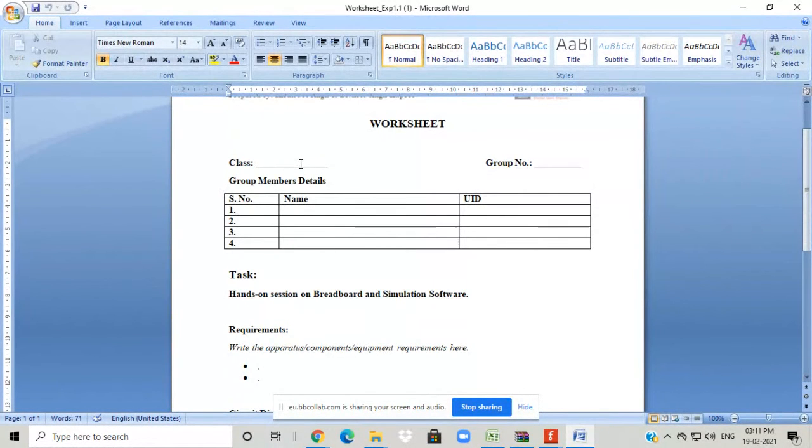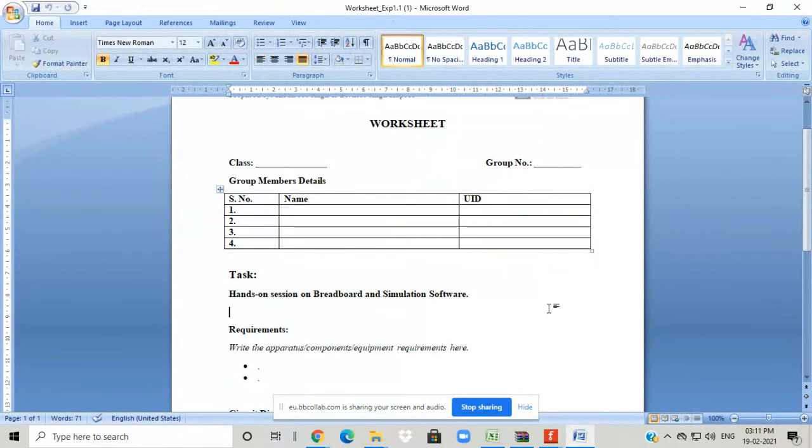You have to put your class, group number, then you have to write the name and UIDs of your group members. Okay. So I will make visible what the group members are. Just note down your group name. Okay. Afterwards, you have to make a group.